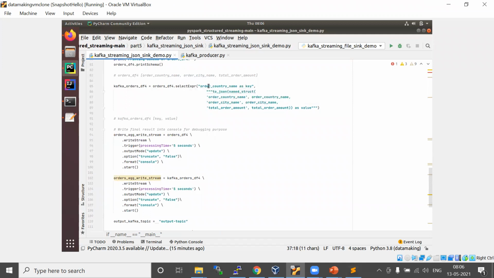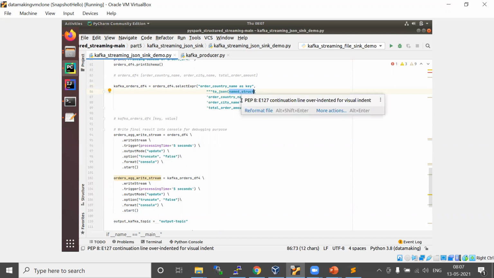Key you can put any value. I'm just using a rename, passing the country for simplicity, since I'm not using the key. I'm going to pass the country column as the key, and for the value column we have to combine all the columns. So what are the columns we have? You need to make use of the functions toJSON and named struct, because the JSON message will be converted from the struct field.